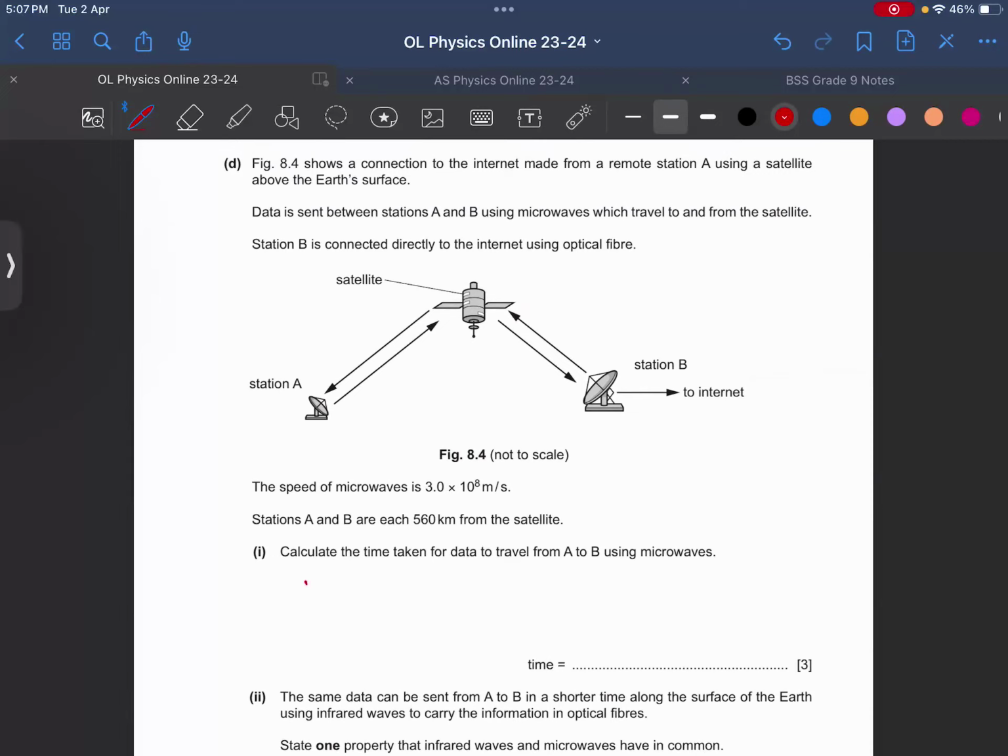So अगर मैं यहाँ पे बात करूँ, v = d/t. So basically t = d/v. So 560 kilometers, 560,000 और 3 × 10^8। लेकिन मुझे पता है ये किसी एक स्टेशन का सैटेलाइट से टाइम है, इसको मैं टाइम्स 2 कर दूंगा। सही है। सो टाइम्स 2 कर दिया, सो ये आ जाएगा 0.0037 सेकेंड्स।